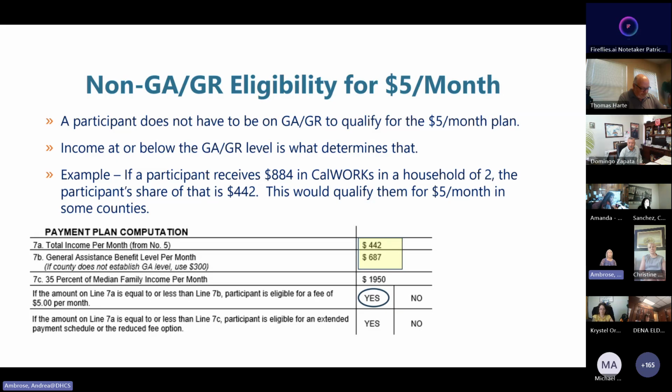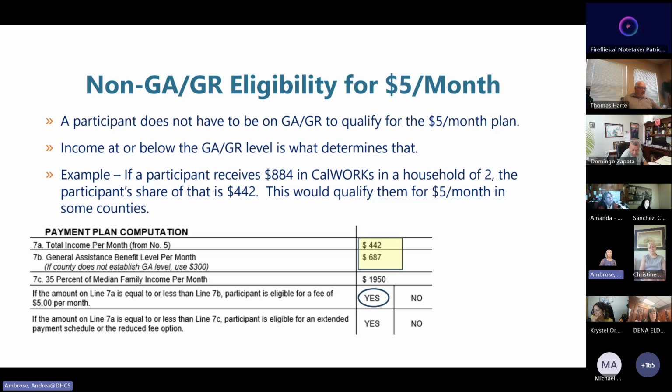In this example, we'll go back to that person receiving CalWORKs. They had $884 in CalWORKs in a household of 2, so their share of that was $442. In this particular county, we put their income as $442, and the GA level is $687.